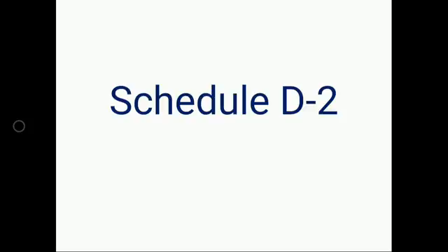Moving forward to the next one, that is schedule D3. Under this, the information and undertaking which are to be submitted by the manufacturer or his authorized importer, distributor or agent with the application form for a registration certificate, right? So under schedule D1, D2, D3, basically the information and undertaking forms are there for different products. Like for blood product there is specific information, for diagnostic kit there is special information, for vaccines there is special or specific information, right? So moving forward to the next schedule, that is schedule